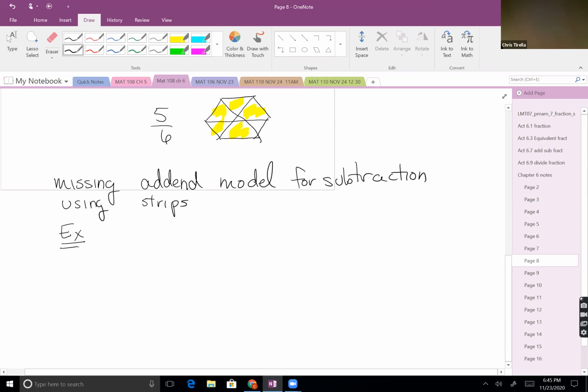And so, for example, if I wanted to look at 5/6 minus 2/6, well, if that's my strip,